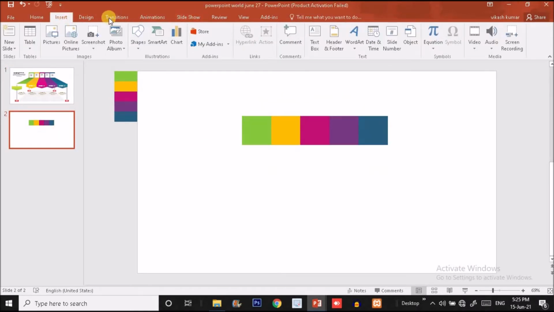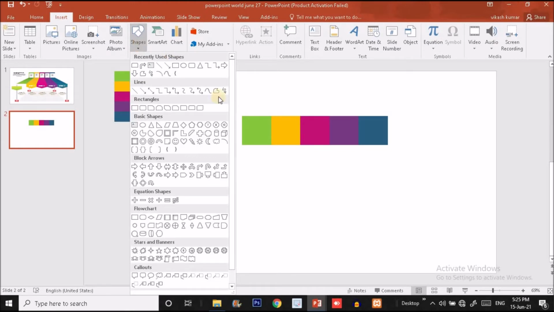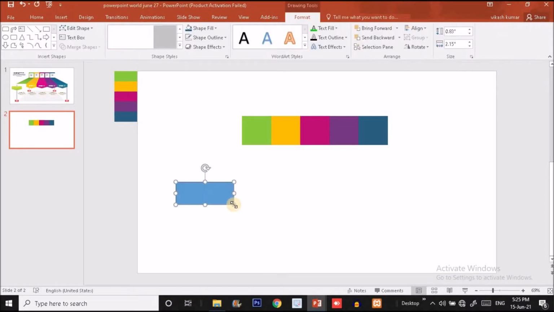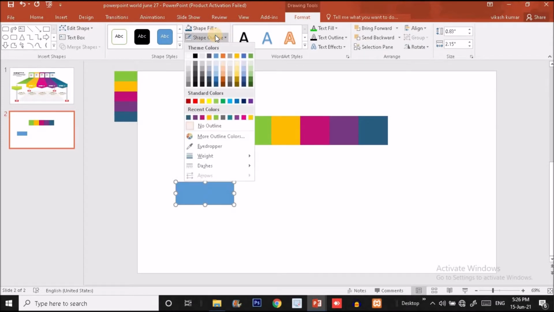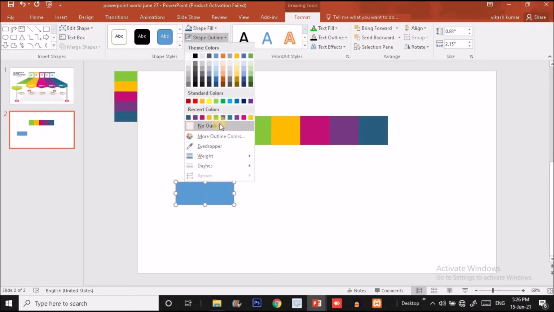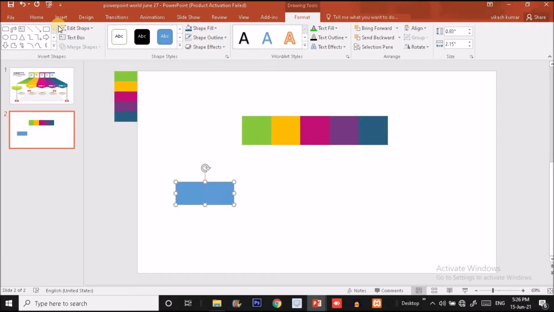So to do that, click on insert option. Inside insert option, click on shape, and I will select again a rectangle and drag it over here like this. Okay, make it no outline. You have 2 options to make it no outline. You just click on shape outline option and choose no outline option. Once you choose the no outline option, then you will find automatically here the shortcut no outline is selected already. So you just have to click here on this option to make it no outline. There is no need to drop it down and choose no outline option.